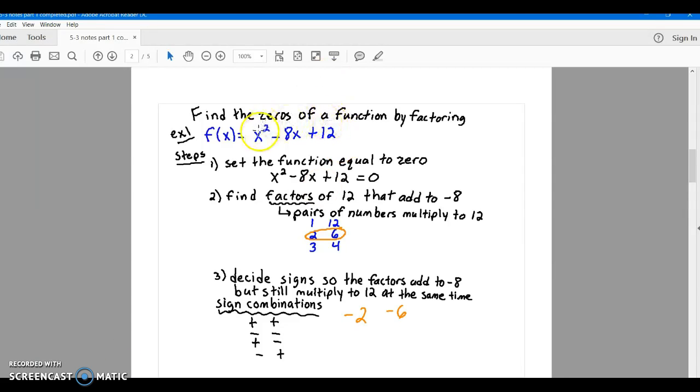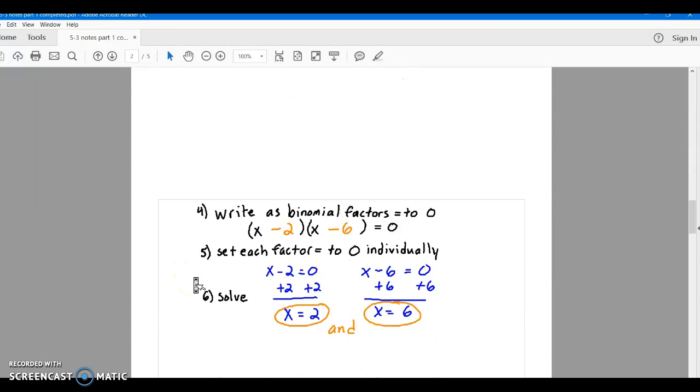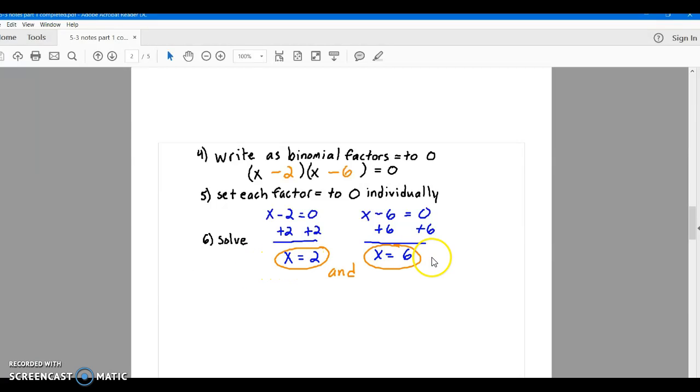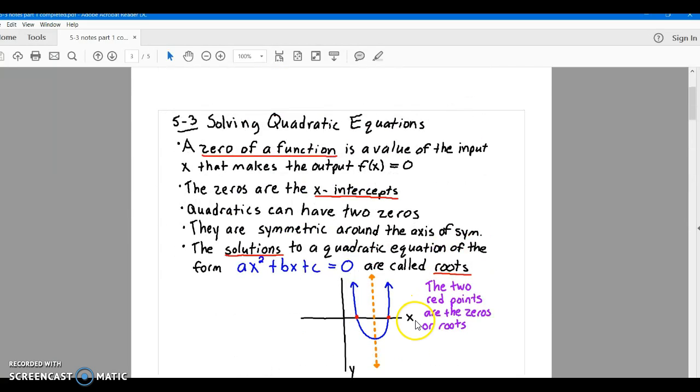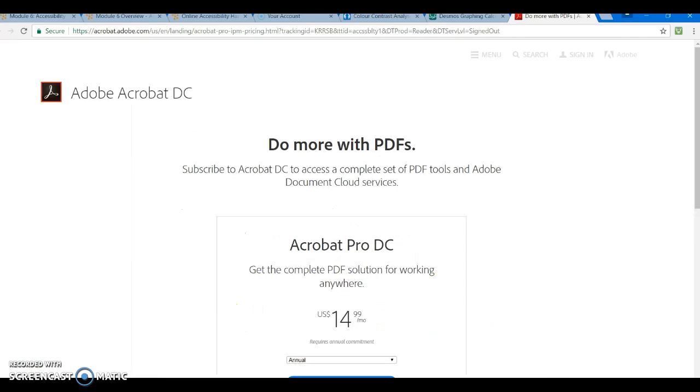So here we had this function in my first example, and as we went down to the solution, we found that 2 and 6 would solve this quadratic. If we were to plug them in, we would get zeros, and those would be equivalent to our roots, as I mentioned on the first slide. And so I could show that more accurately